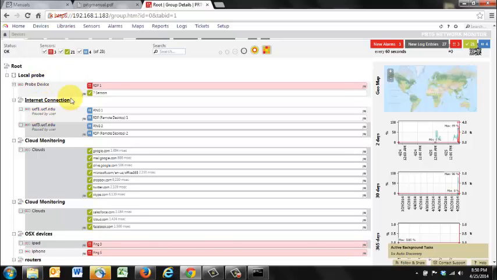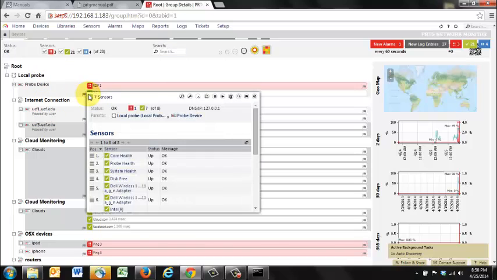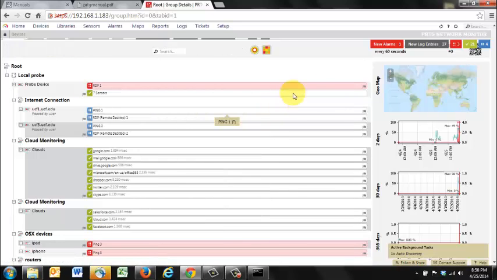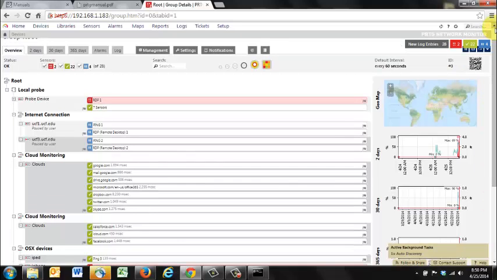And there are a bunch of sensors here that are also installed by default when this probe device is installed. So now that we have an understanding of the object hierarchy that PRTG uses, we can go ahead and start